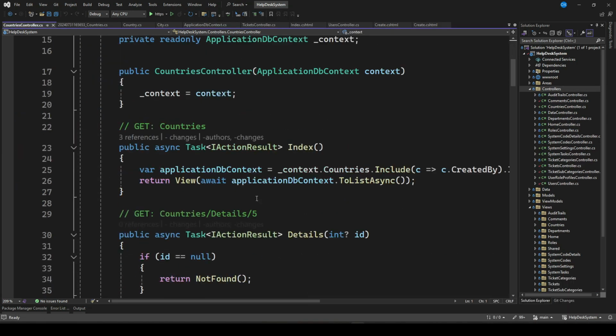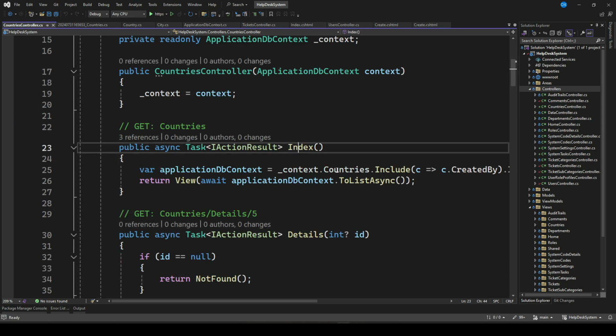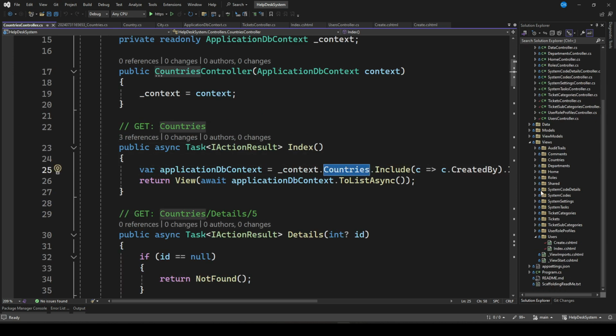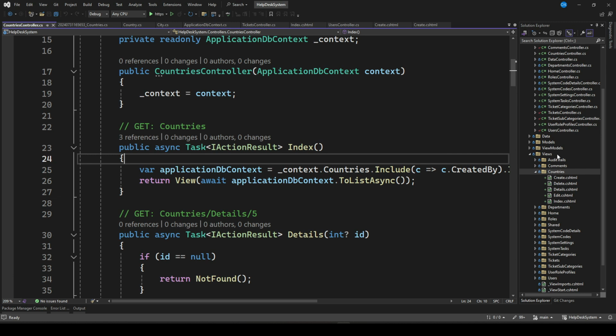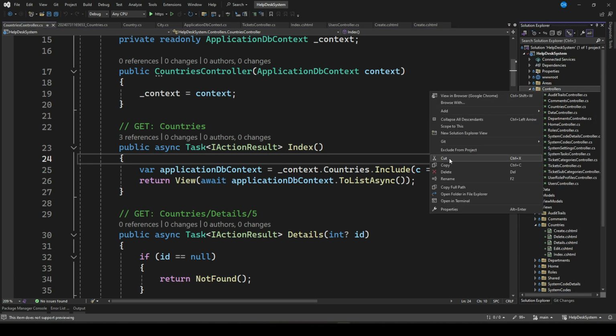So there you go, our code has generated. So we have our countries, and if you go down here, we'll have our list of countries. So you see, we have our countries folder. So the next thing I want us to do is